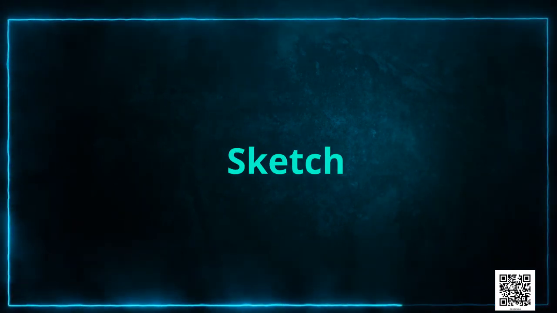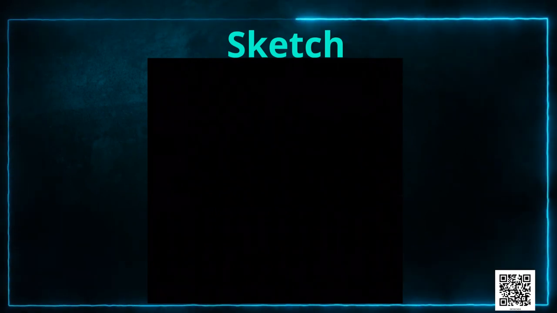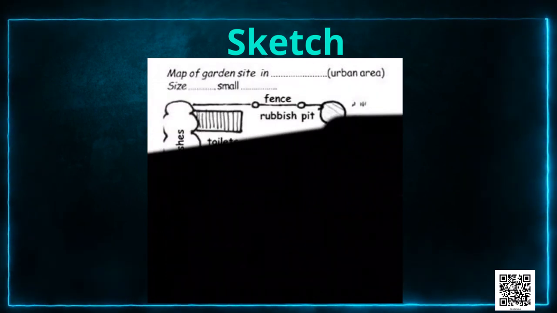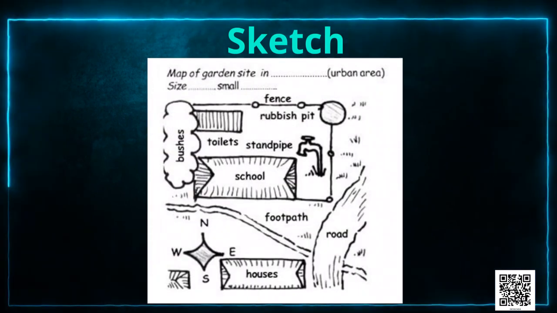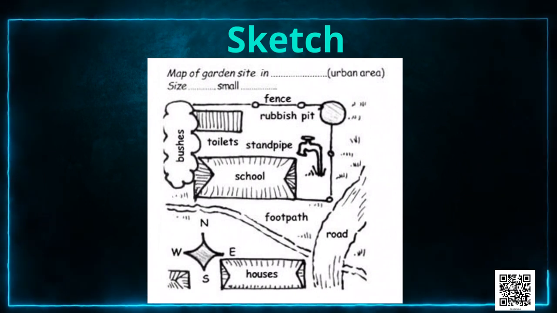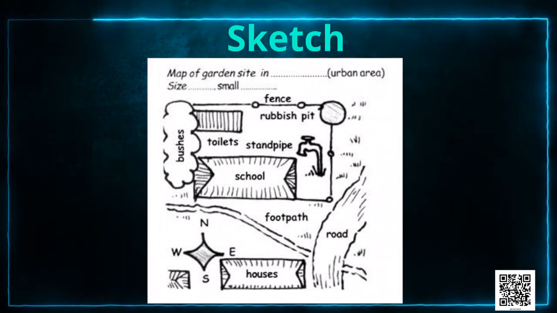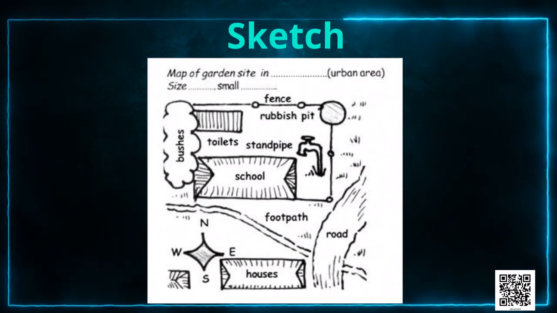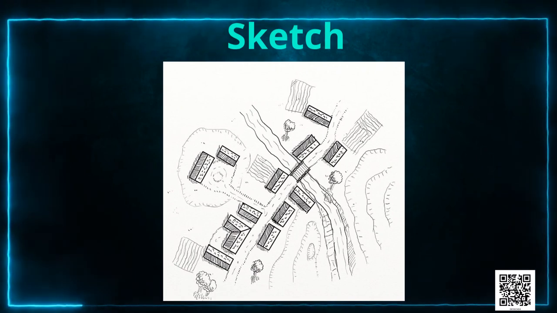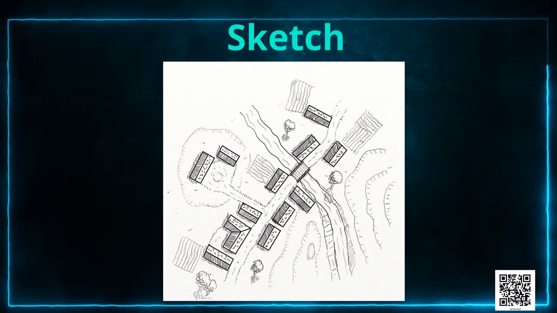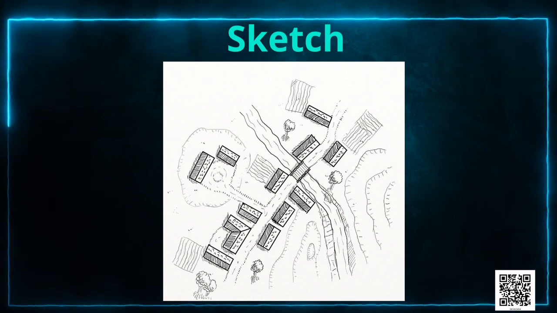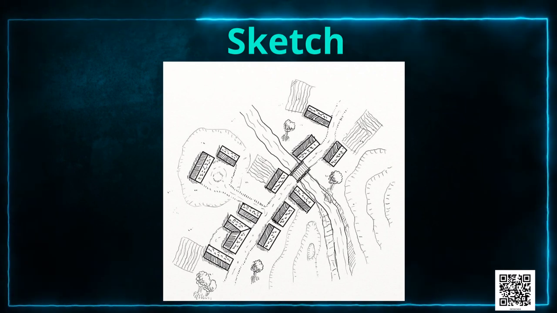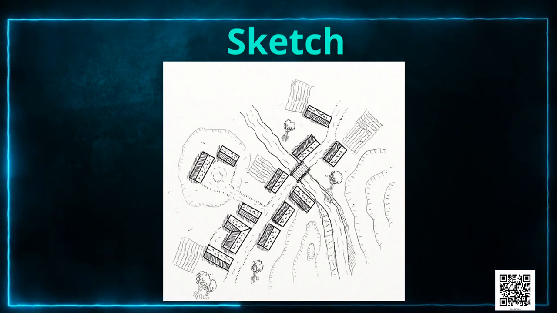A sketch is a drawing mainly based on memory and spot observation and not to scale. Sometimes a rough drawing is required of an area to tell where a particular place is located with respect to other places. Suppose you want to go to your friend's house but you don't know the way. Your friend may make a rough drawing to show the way to his house. Such a rough drawing is drawn without scale and is called a sketch map.